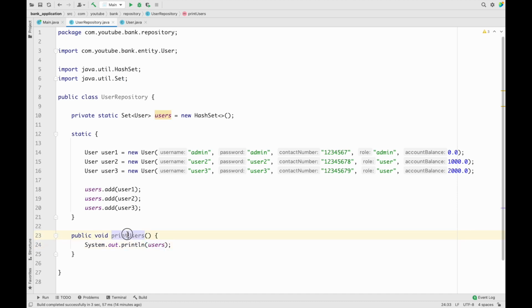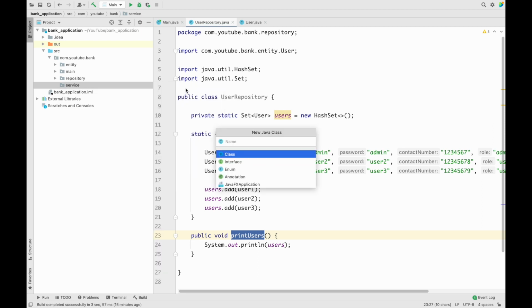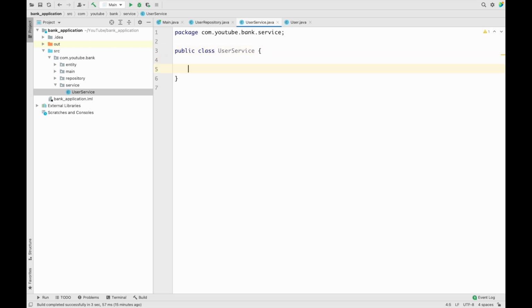Now we want to call this particular method. So how are we going to call it? We are just going to call it from our service. This is going to be a bit confusing, but I'll explain in a moment. If you're new, then obviously this is going to be a bit confusing, but I'll let you know in a moment. Inside service, let me create one new Java class, and let me mark it as UserService. And then inside this UserService, let me add one new method, that is public void printUsers. Now inside this printUsers we want to call a method which is present in our repository,